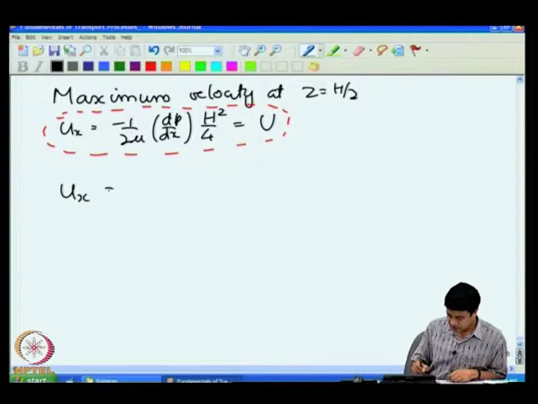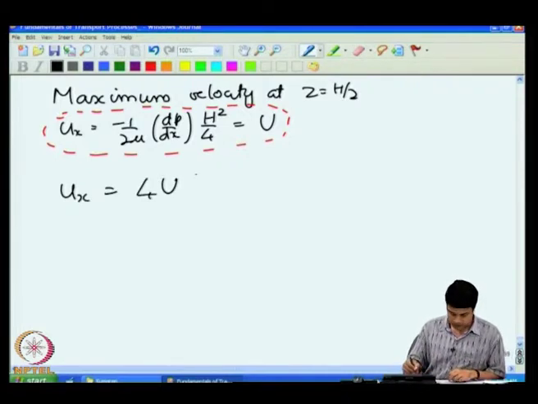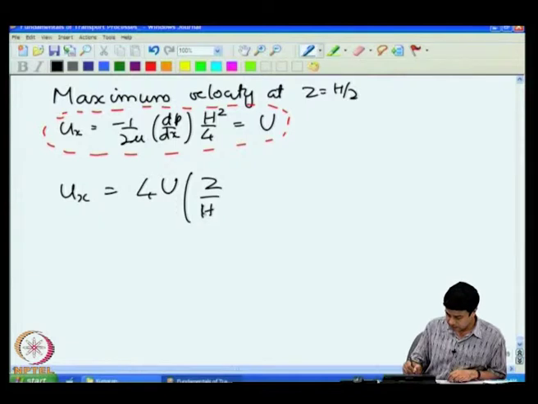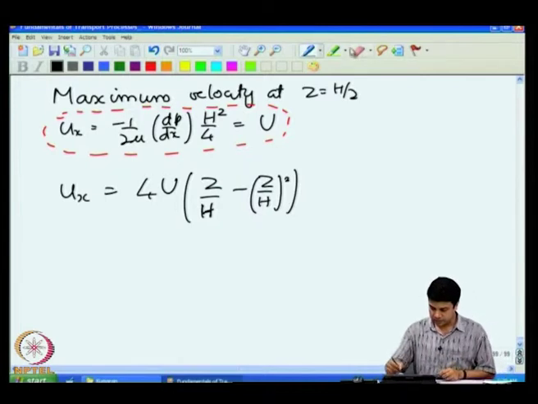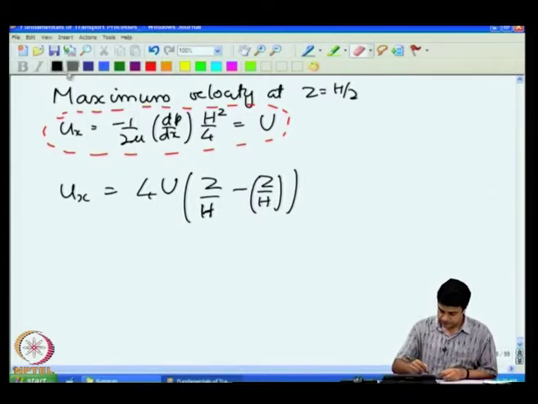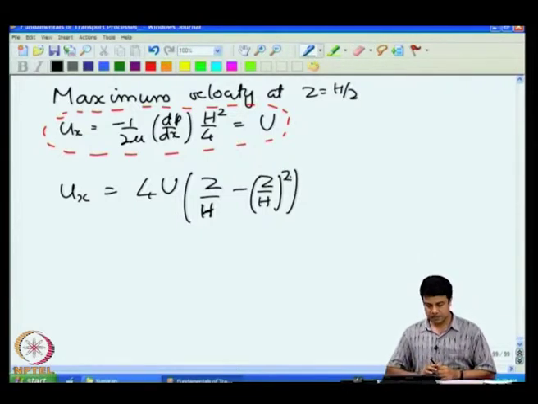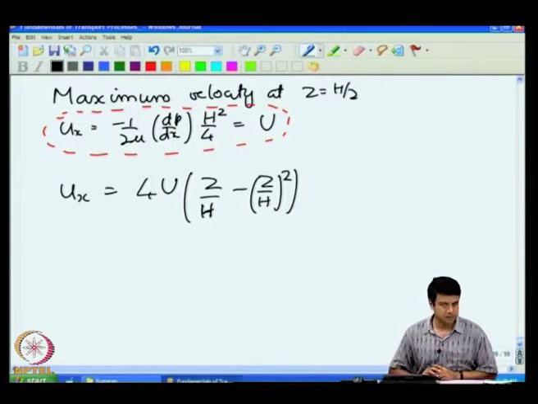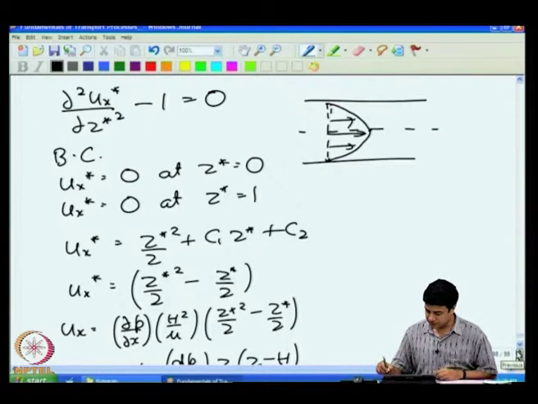So, ux in terms of the maximum velocity is equal to 4u into z by h minus z by h the whole square, okay, where u is equal to this expression, the maximum velocity at the center of the channel. Okay. So, that is the velocity profile under a pressure gradient, okay, for the flow in a channel. And as I said, the velocity is remarkably similar to the velocity under the application of a gravitational force. Okay. If we go back to the previous example,